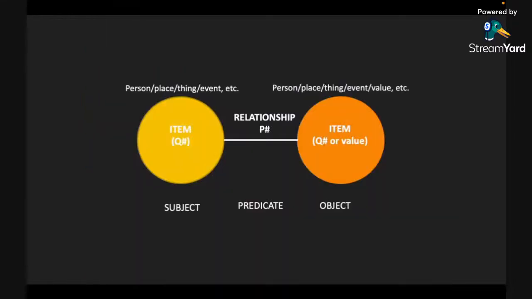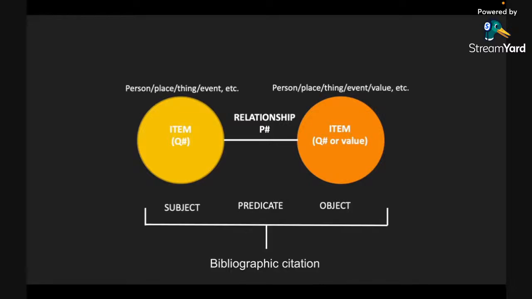So the key to the power and the flexibility of linked open data in general, but especially for Wikidata's multilingualism, is that each and every fact or interpretation can be parsed into a three-part statement with a subject, predicate, object. And that idea, at least in the Wikidata context, can then be anchored with a bibliographic citation. So if a record for each part of this three-part statement lives on the internet in a stable place that never moves and is assigned a language agnostic code, and that's the function of the P numbers and the Q numbers that you see marked in the schematic here,